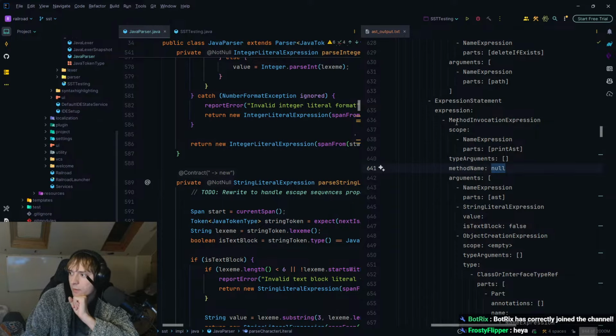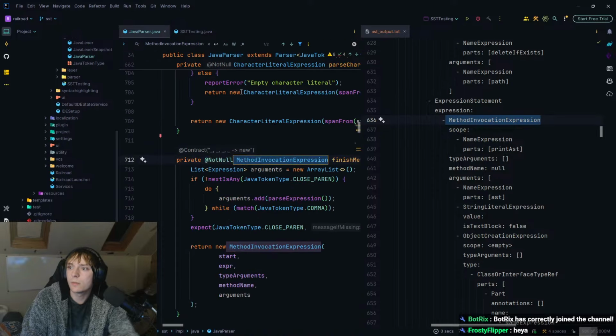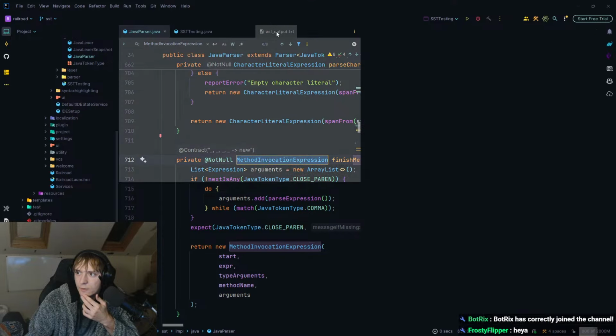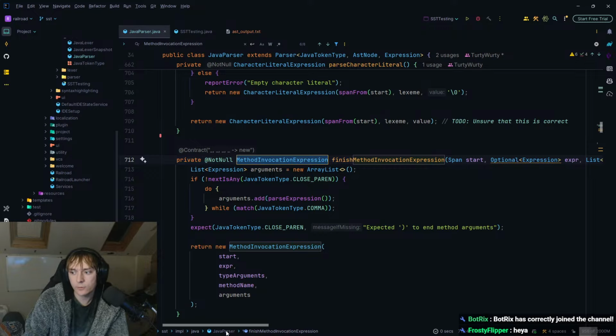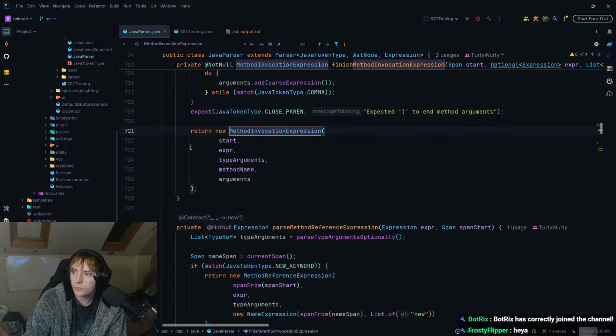Okay, let's have a look then. Let's try and find where we're passing that. So if we find method invocation expression and we go, sure, let's look at this one for now. Okay, this is the one we were literally just looking at actually. So we create a new method invocation expression.